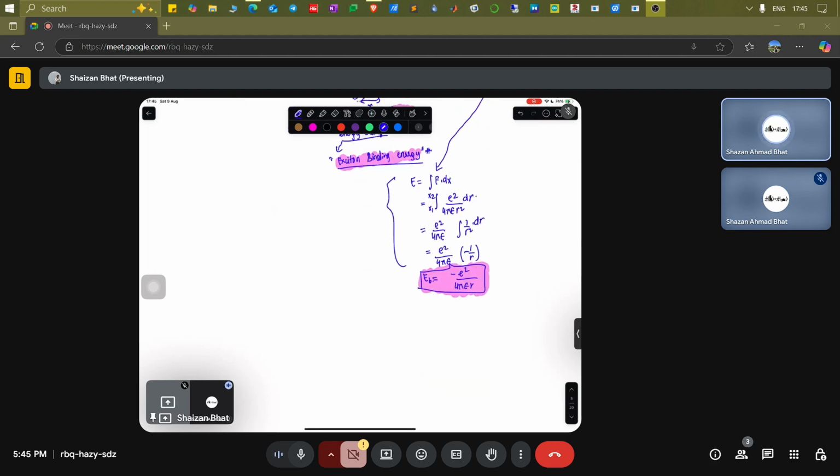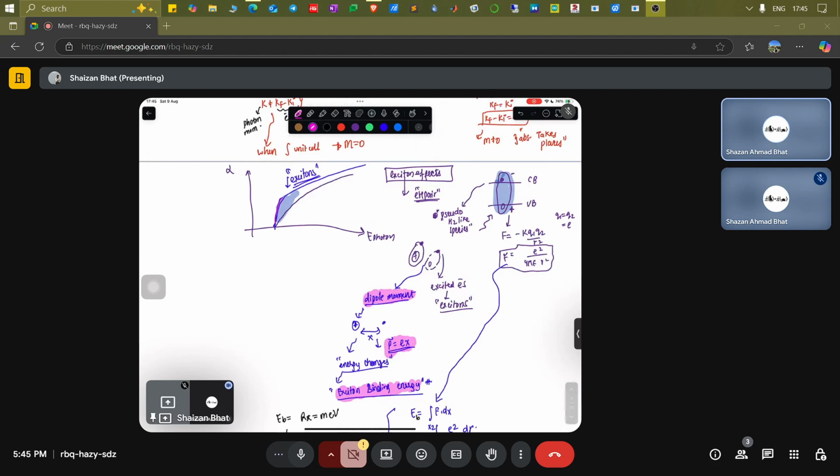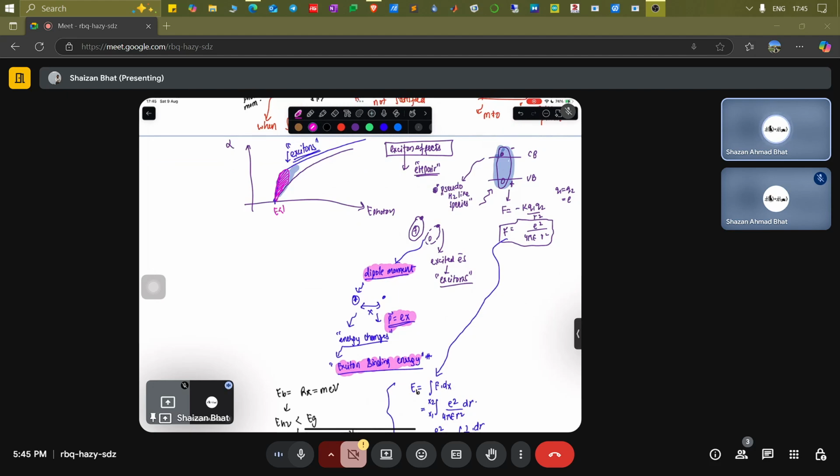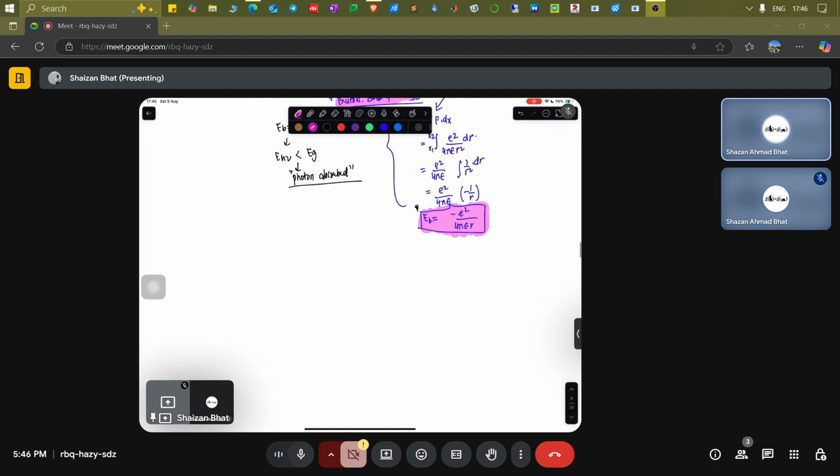This excitonic binding energy is mostly represented as Rx, and it's in milli electron volt. This is the same thing as EB, the exciton binding energy I represented here. So what does it mean? It means that even if the energy of the photons is less than the band gap energy, we can have the photon absorbed. Because that is what opening up this area means. Now you can have photon absorption in this particular area, even if the energy of the photon is less than the band gap energy.